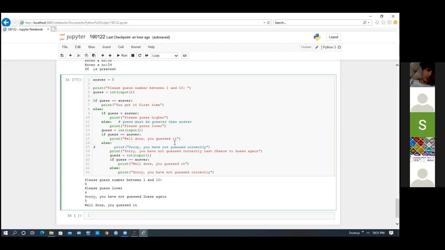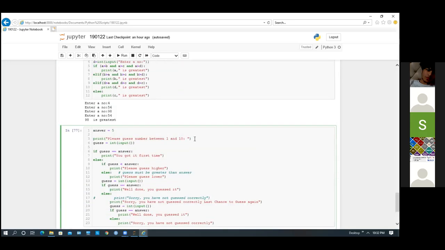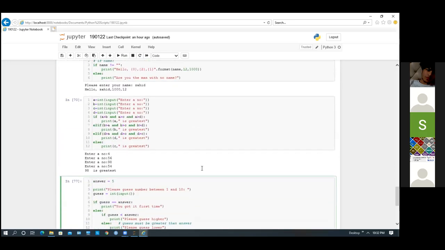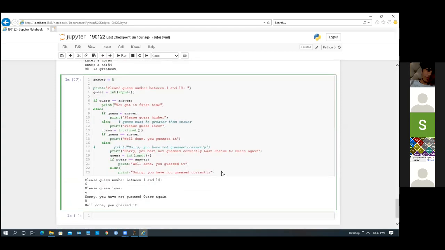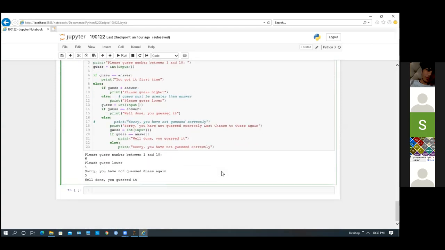Whenever you guess, if the guess is correct, you will print you have won 10,000 rupees. In the second chance, 5,000. In the third chance, 100. All of you, got it? Yes, sir. So you modify it. I will be sharing this file in that Google Drive. You need to modify the code as per what I have said. There will be 2 homeworks. One is prime number within a range, and you need to modify this program.